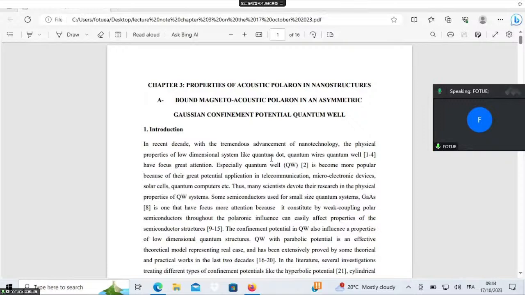So what we should know is that due to the advancement in nanotechnology, the physical properties of low dimensional structures, and as I said before, as low dimensional structures we can consider quantum well, quantum dot, quantum wire, make people focus on it, and especially on quantum wells, because they exhibit more properties, and those quantum wells can see application in telecommunication, in microelectronic devices, in solar cells, in quantum computers, especially in solar cells, because